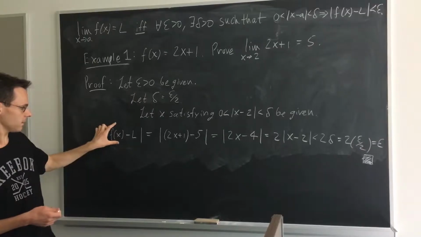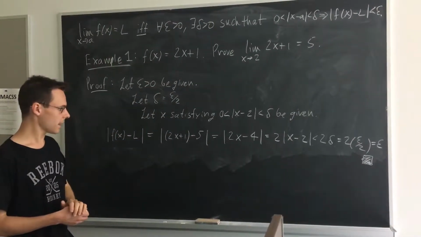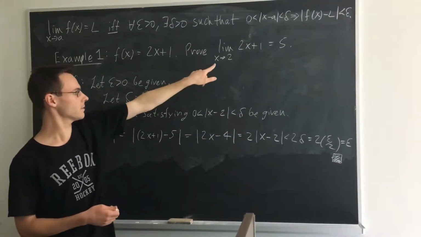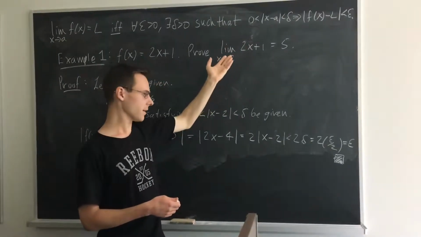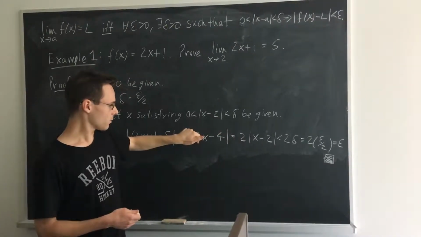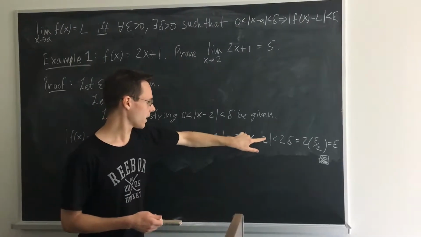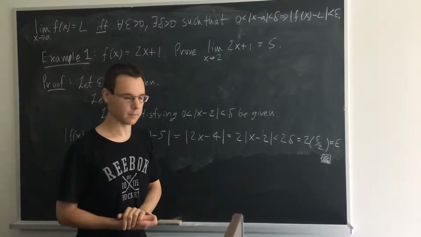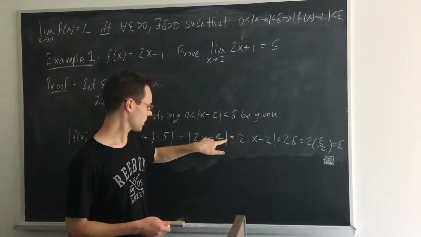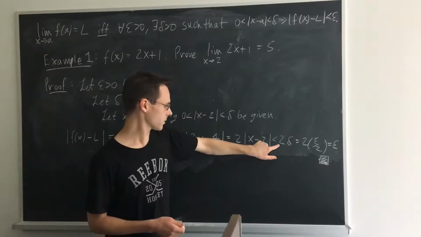F of x minus L, we're subbing in the function, we're subbing in what we believe the limit to be, and we go through the algebra. And if the limit value, the L value that you've chosen, here it's 5, is in fact correct, then some algebra, some manipulations will lead to a constant perhaps multiplied by a quantity that we know something about. In this case, we know that x minus 2 is less than delta. Okay? So we'd have that this is equal to a constant times our value, which can be made less than